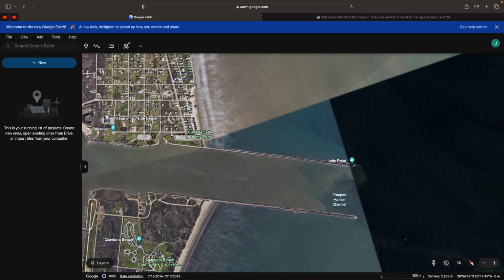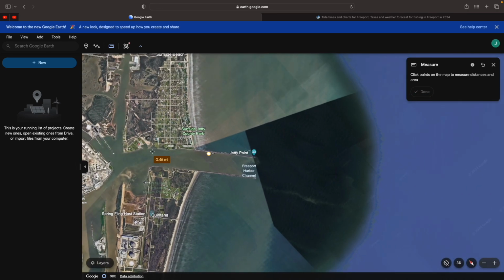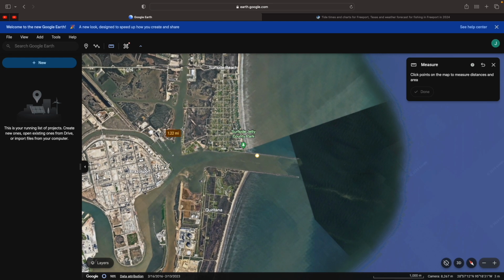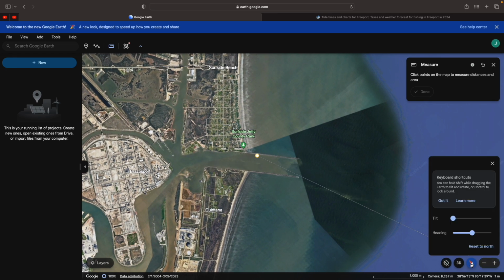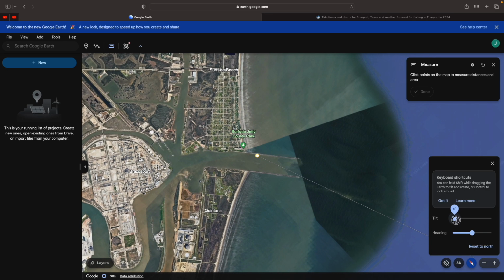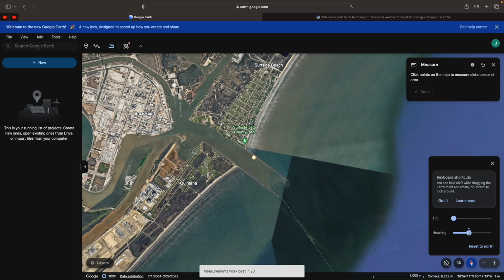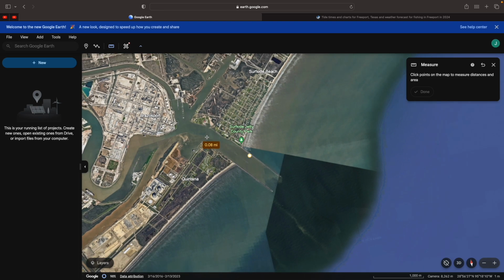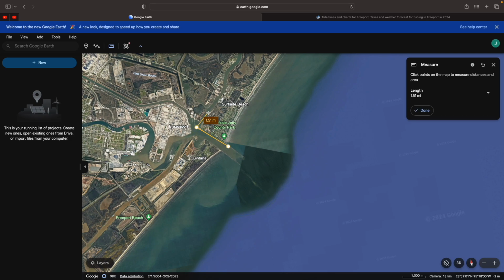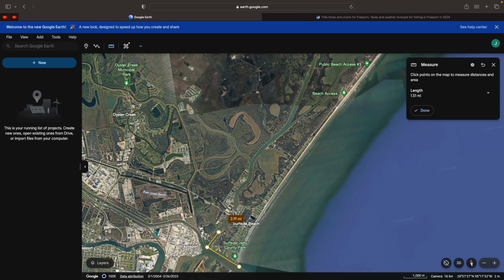So what you can do on Google Earth, which is pretty cool, is you can use this little measuring device, click on the buoy. I'm going to zoom out so you can see. Okay, there we go. And so you'll use it to track all the way to your fishing spot. And so right here at this cut,